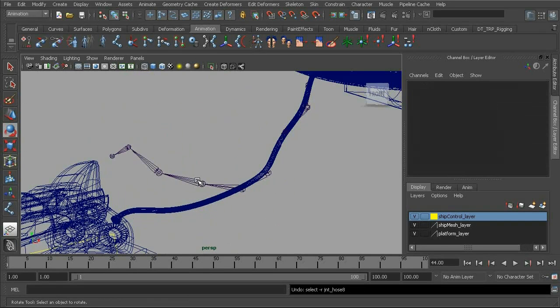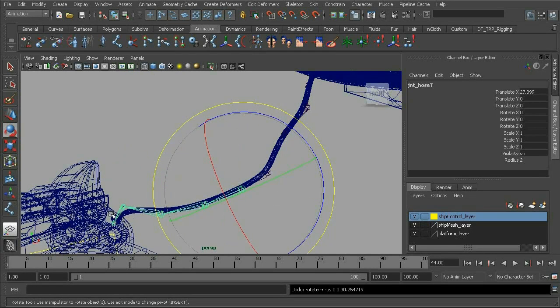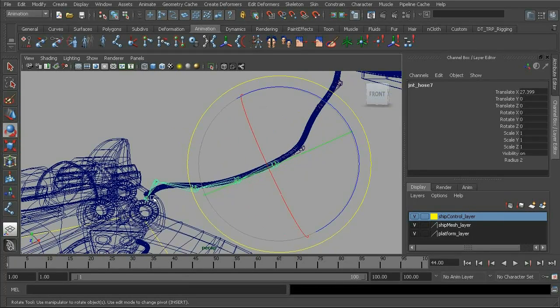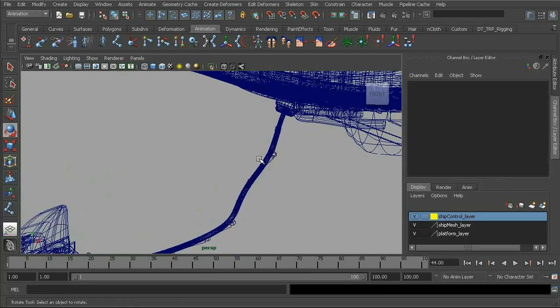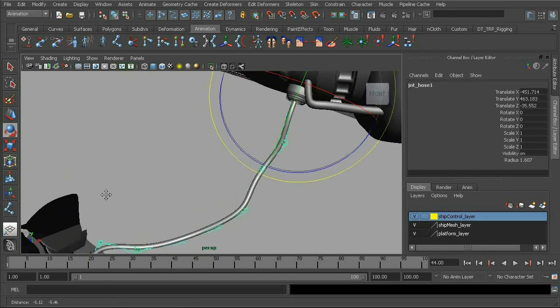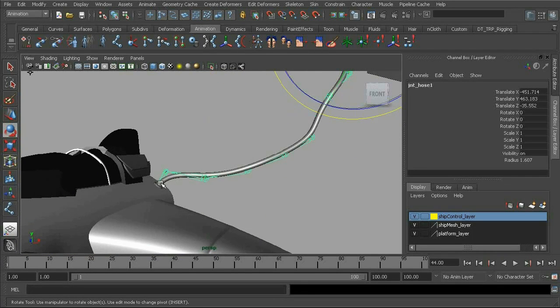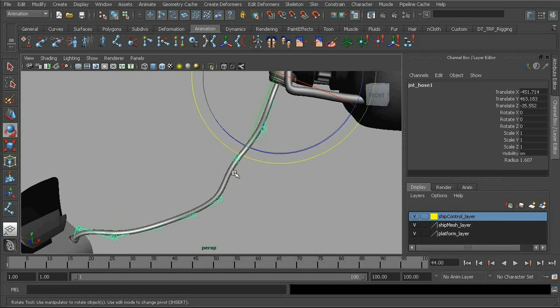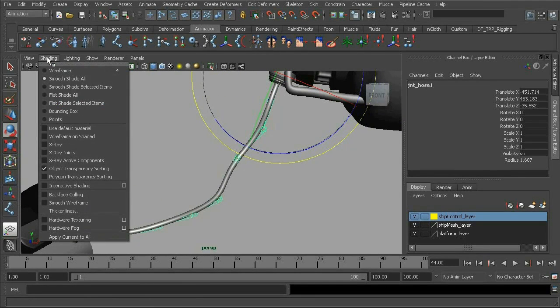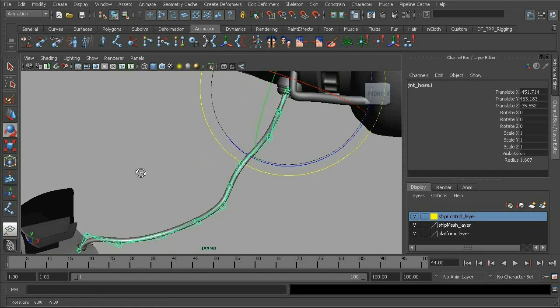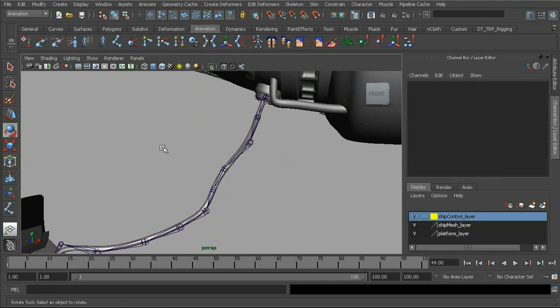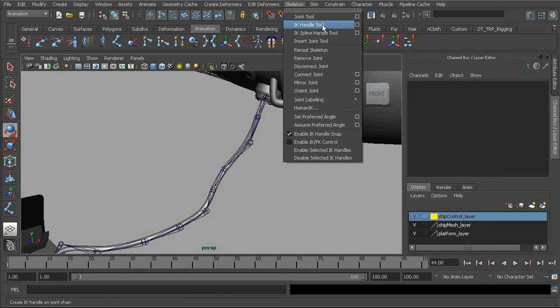So inverse kinematics, what that will do is inverse our rotation to match an end effector or handle. Let's go ahead and take a look at this. So what we'll basically do here is connect our root joint to our very end joint. Now in shaded mode, our joints are a bit difficult to see, so feel free to head over to your shading menu and turn on X-ray joints. Much better. Alright, so now at this point, we can go in and grab our IK handle tool,